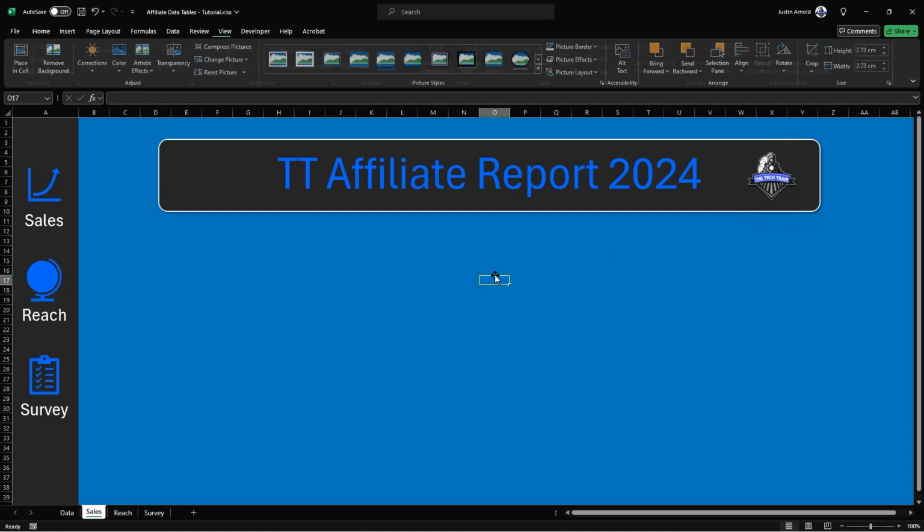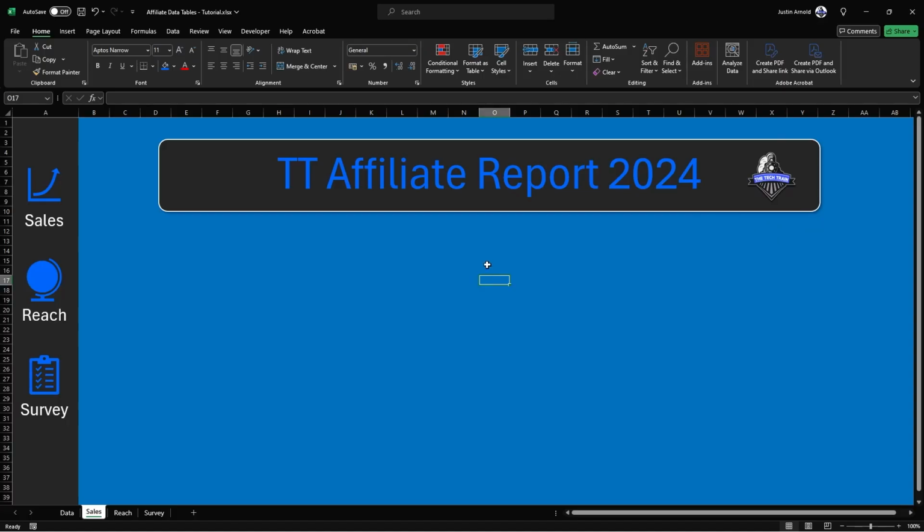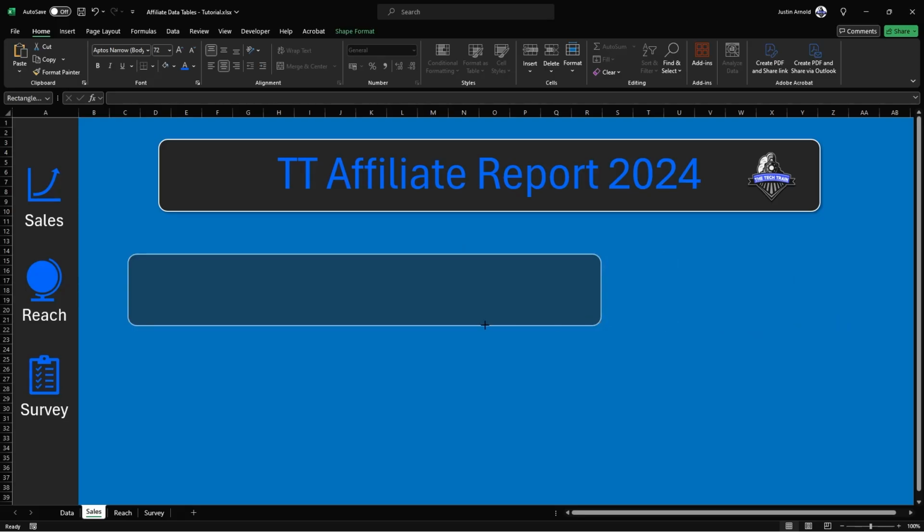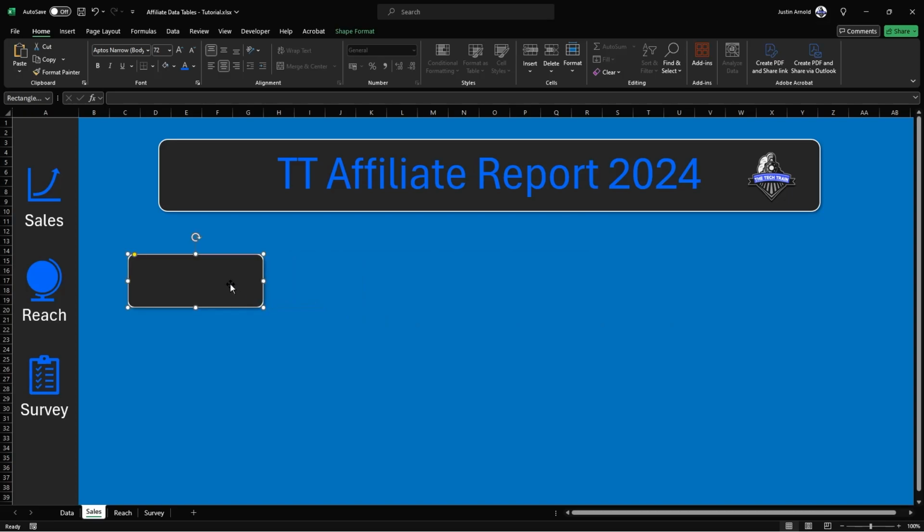There we go, that'll do. Right, next thing to do is I'm going to Control C on the bit at the top here and Control V, or of course you could do Control D to duplicate it. Get rid of the text inside there, and I'm going to resize this, and this will become the first of my summary